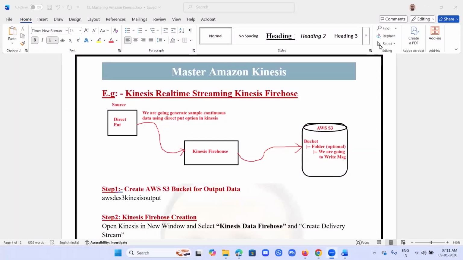Yeah, let's start. As part of Master Amazon Kinesis, in this session we are going to discuss Kinesis real-time streaming using Kinesis Firehose. We are going to use Kinesis Firehose. First example, in this example, what we are going to do,